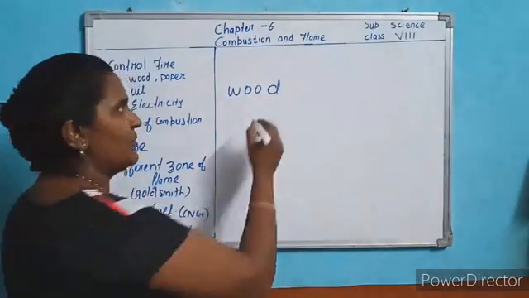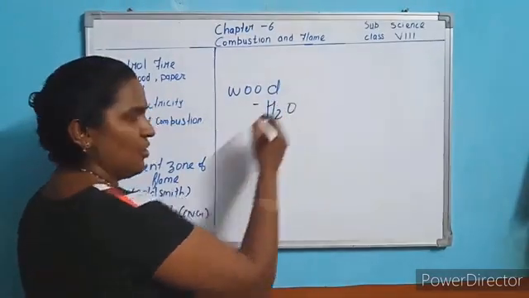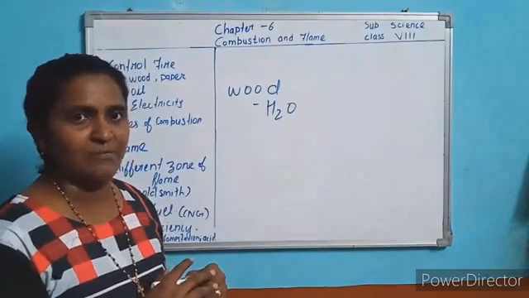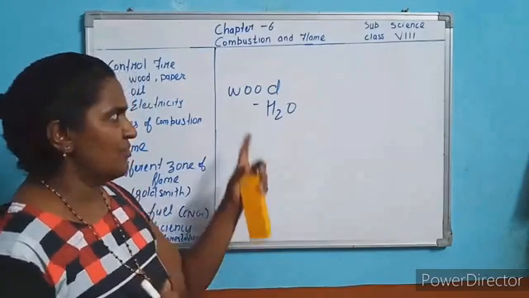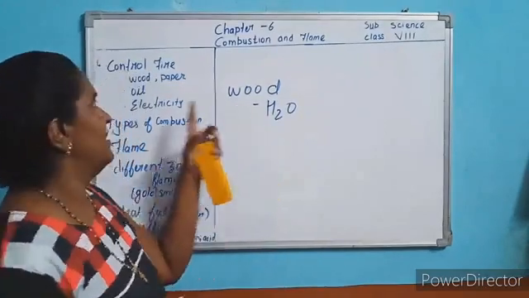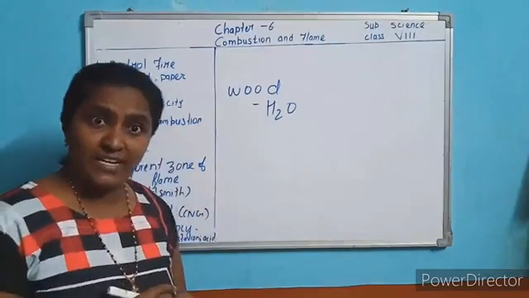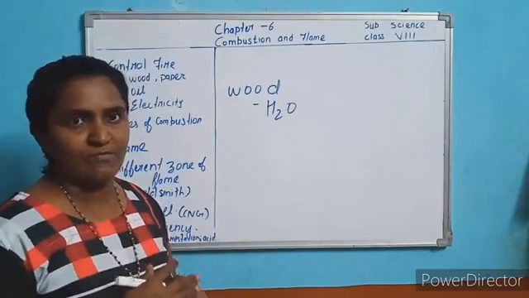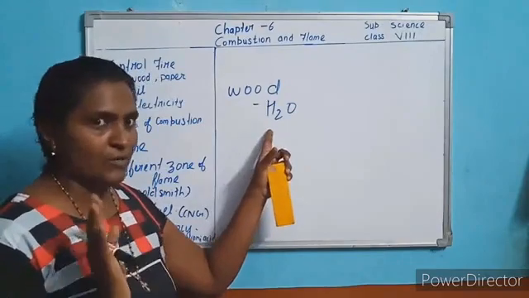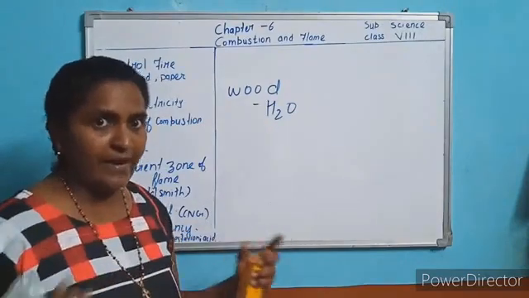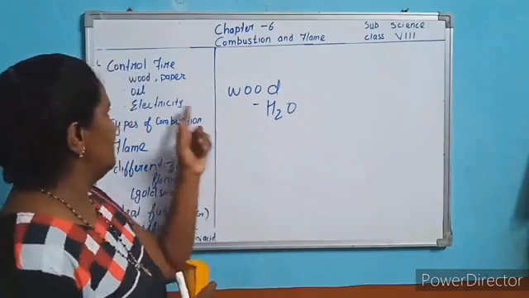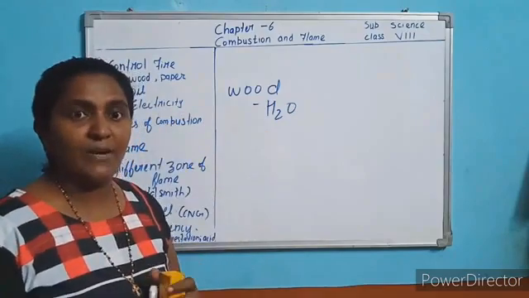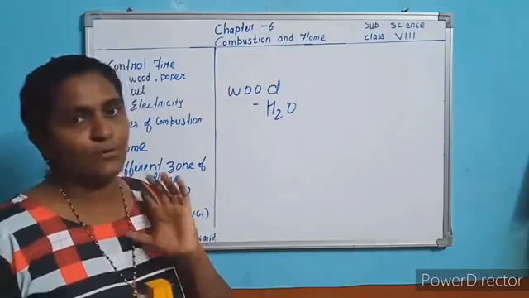Water will help you. Only you apply water, it brings down the ignition temperature. Understood? So you can put off the fire. If the fire is due to oil or petrol, what do you do? Can you pour water? No. It spreads again. So here, or for electricity also, you have to use a carbon dioxide soda fire extinguisher.